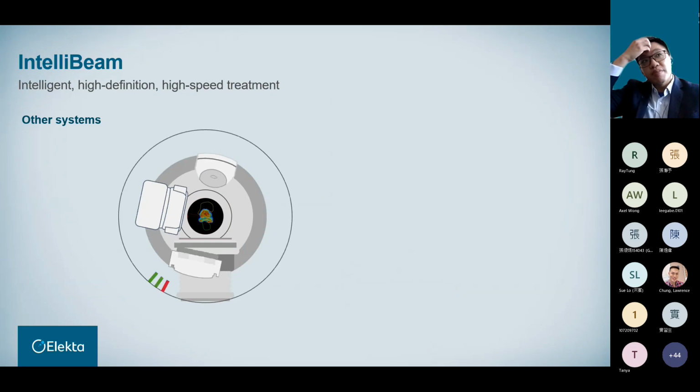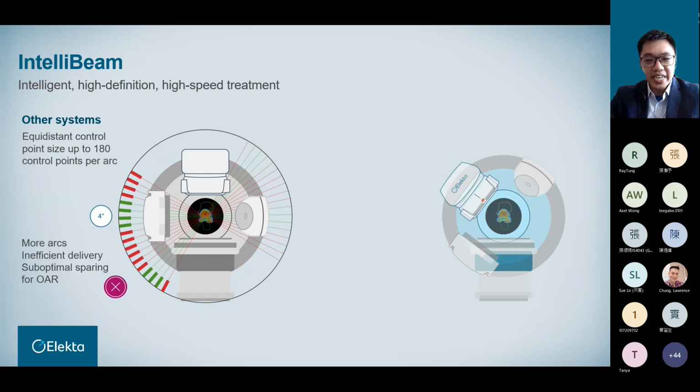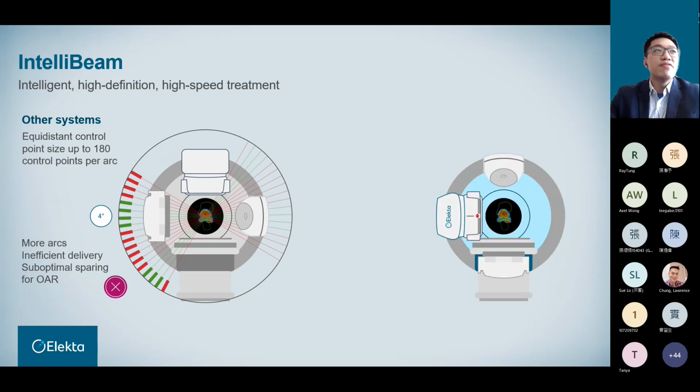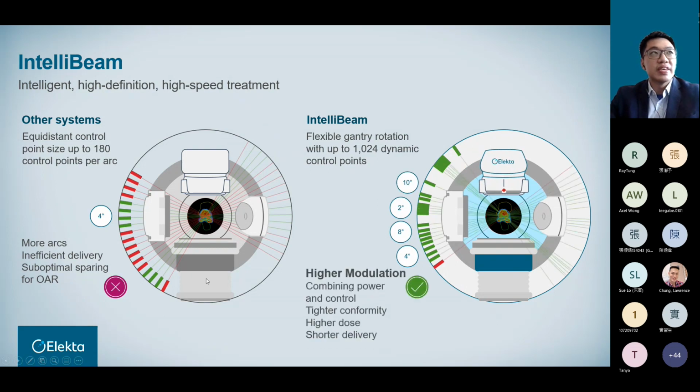So previously, I also talked about IntelliBeam, and basically this is exclusively in Elekta. IntelliBeam delivery technique, compared with other systems that require equidistant control points, meaning that each control point angle is equidistant at around 4 degrees or 3 degrees or 2 degrees, up to the user. But for Elekta IntelliBeam, we are able to have a dynamic control point or dynamic control angle, and therefore